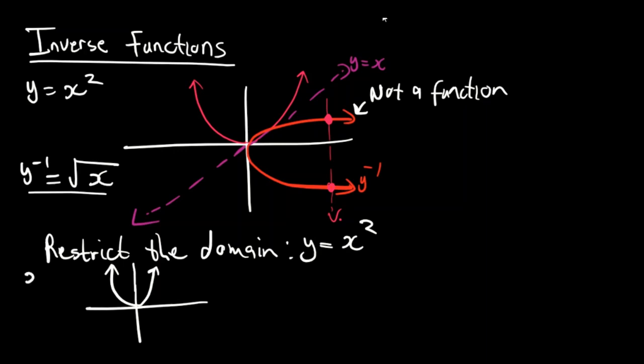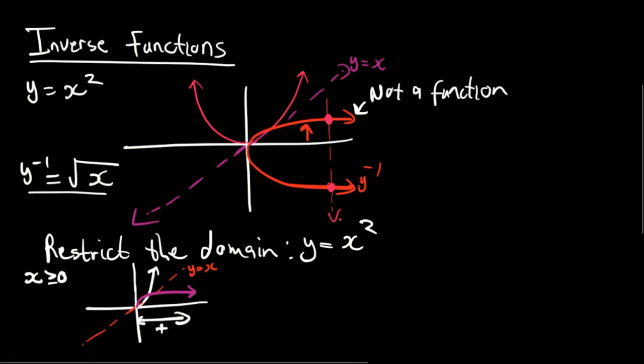And if we're going to restrict the domain to x is greater than or equal to 0, it means that we're going to choose the x values from this point going in that direction, which are positive. Then this side here will disappear. And then now we are going to reflect it about the line y is equal to x. So if you check from the original graph there, that will be the line of reflection, and then now it will look something like this. So now your function has been restricted,